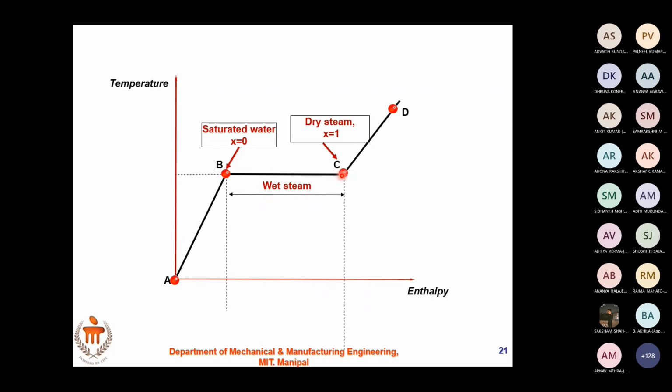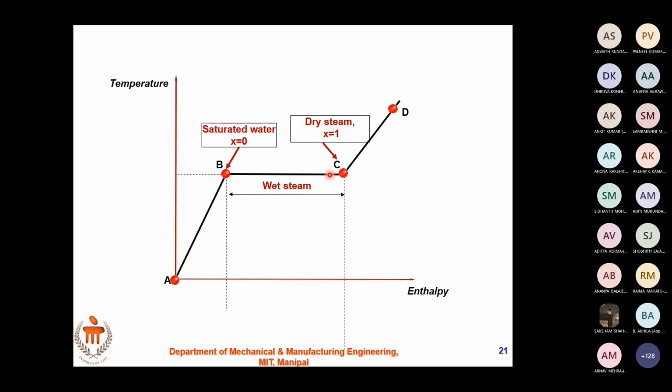If I have my point here, more steam, more vapor and less water. Now, when I say more water, less vapor, more vapor, less water, what am I actually dealing with? Ma'am, dryness fraction. I'm actually referring to the quality of the steam, which is defined by dryness fraction.